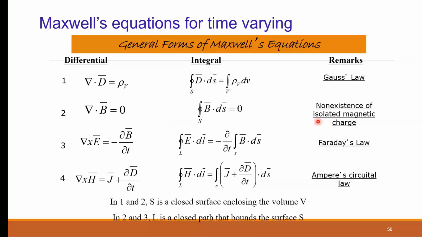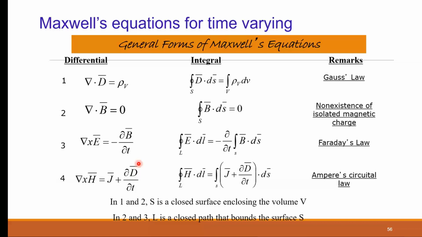Then next, from Faraday's law, we have derived line integration of E bar dot dl bar is equal to minus dou by dou t of surface integration of B bar dot ds bar according to Faraday's law, and its point form, or differential form, is given as del cross E is equal to minus dou B by dou t. So there is a change in this equation. Remember, for time varying field there is a change in this equation, and there is a change in the fourth equation also. Ampere's law and Faraday's law, there are changes for time varying fields.